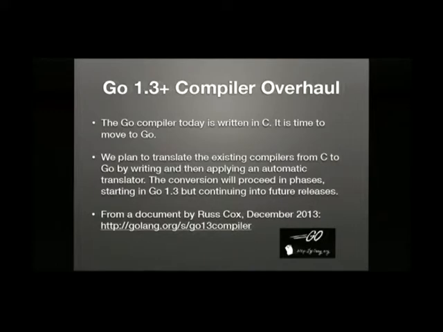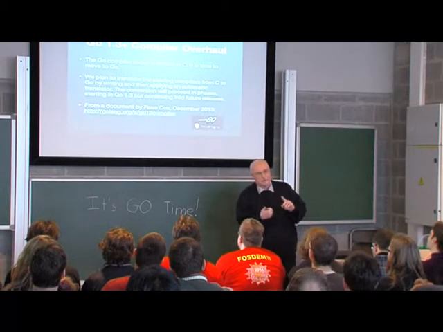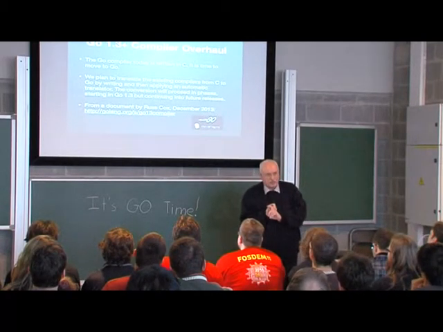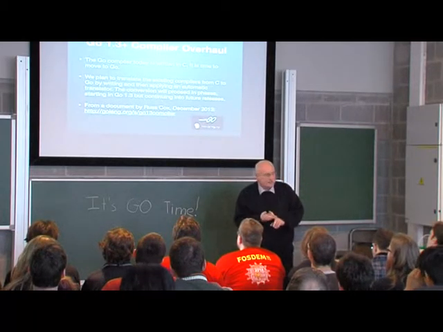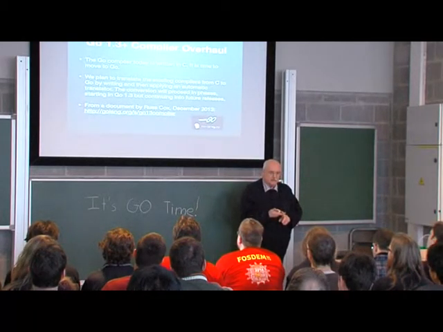The next talk is about Go 1.3, and clearly they'll do a better talk than me. The two things that I think are really important and validate what I'm saying today are, first of all, a Go compiler can be written in Go, everybody. Woo. And secondly, auto-translation is feasible.